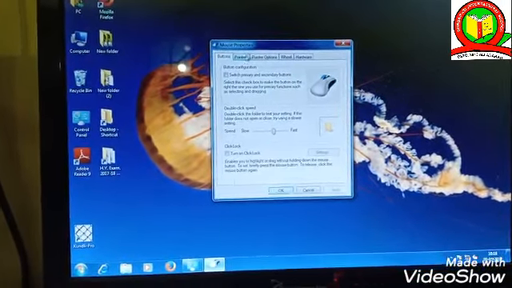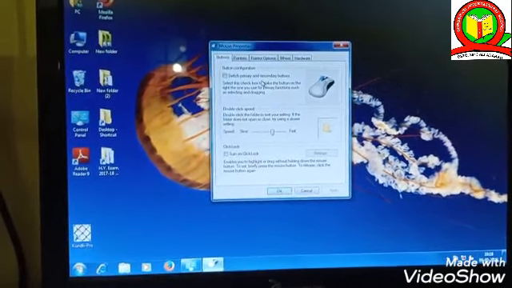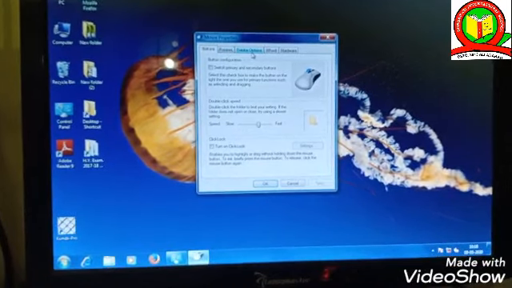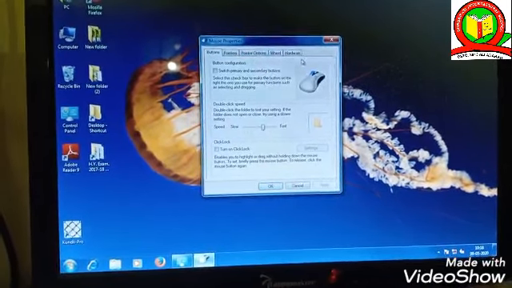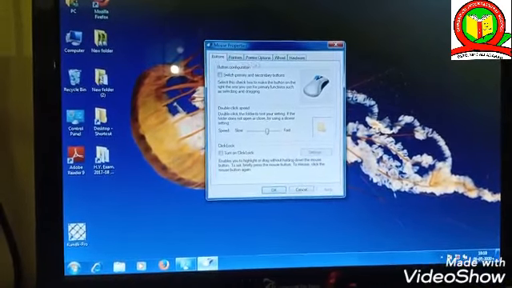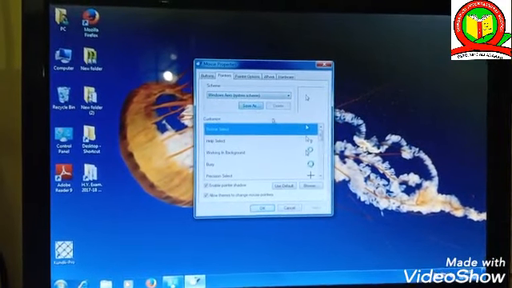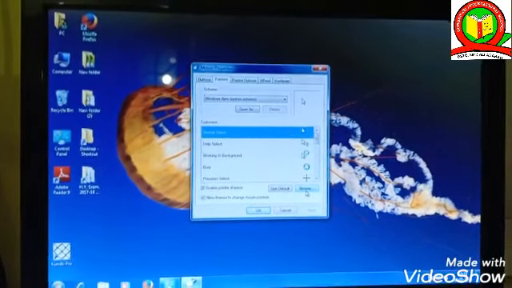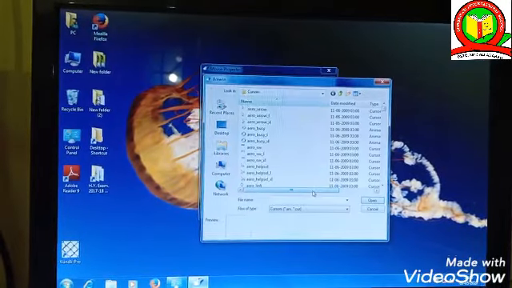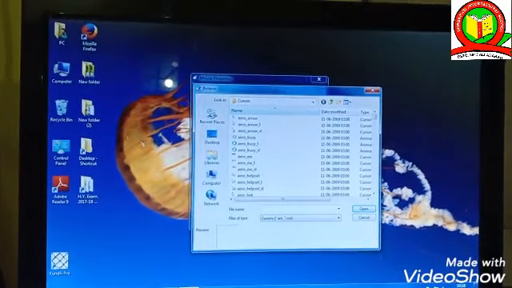It usually has tabs: buttons, pointers, pointer options, hardware, and the wheel. In the pointers tab, you have to click browse. Once you have clicked browse, a new browse dialog box opens.